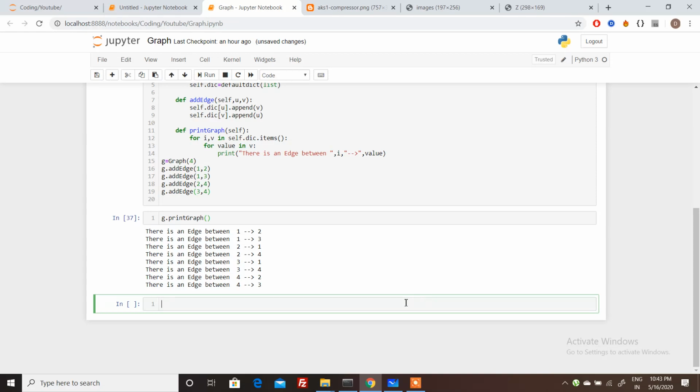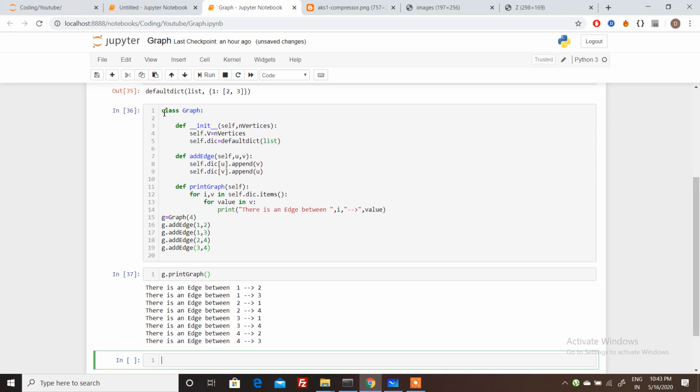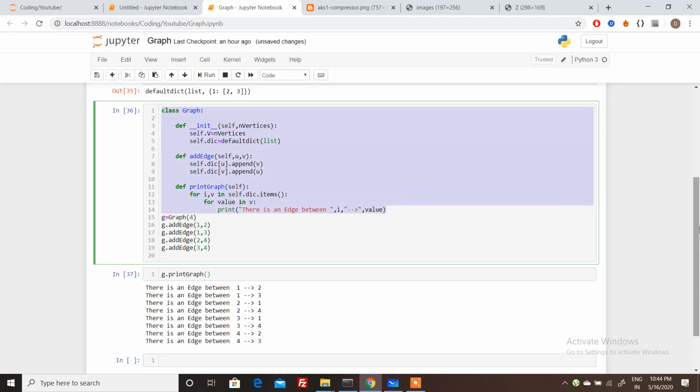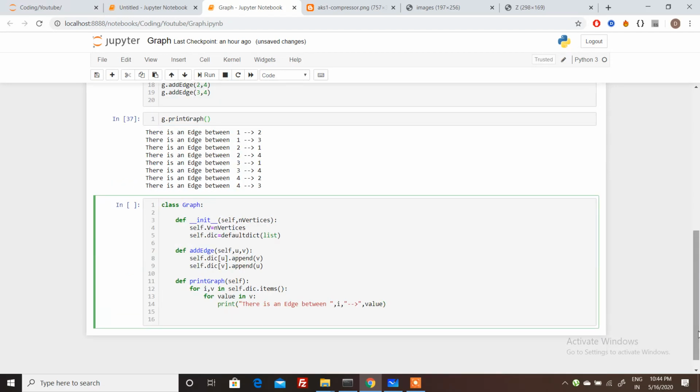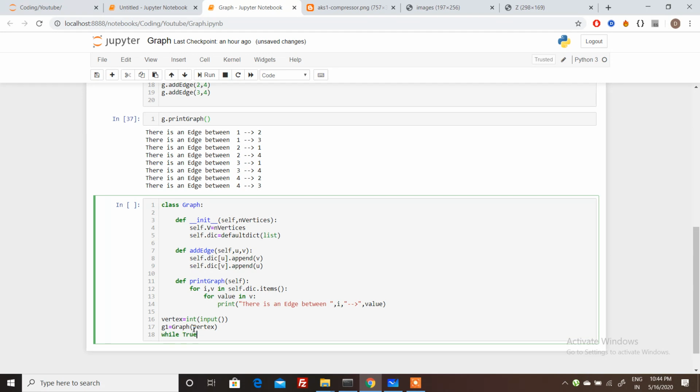Now let's take the input from the user and then create the graph. Just use the same code, and let's create another object g1. Just take input from the user with a while True loop.